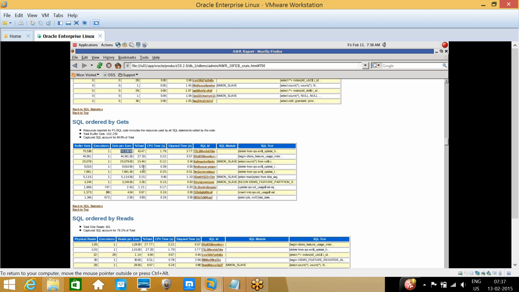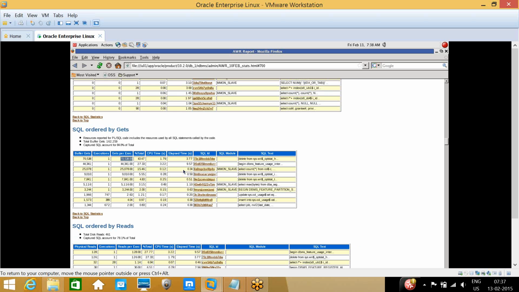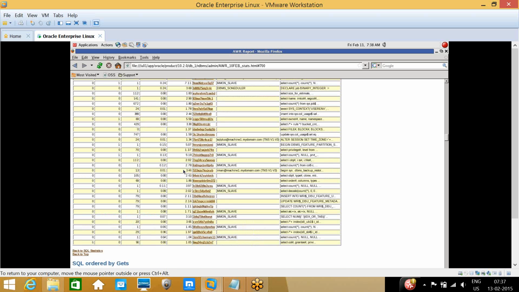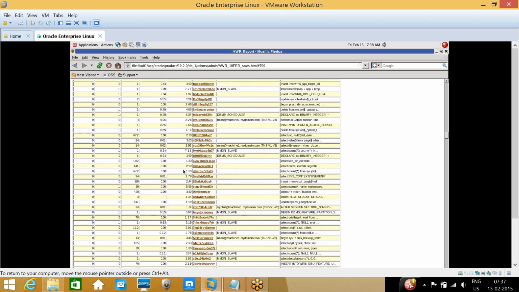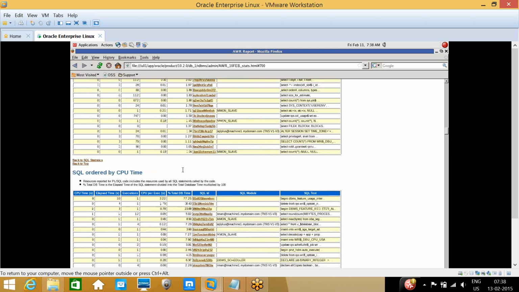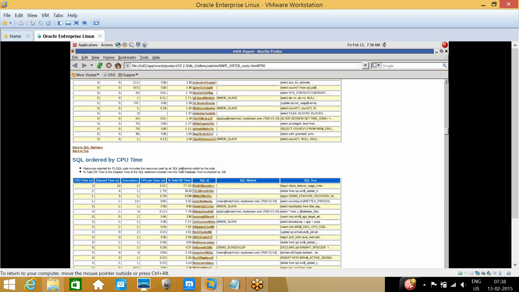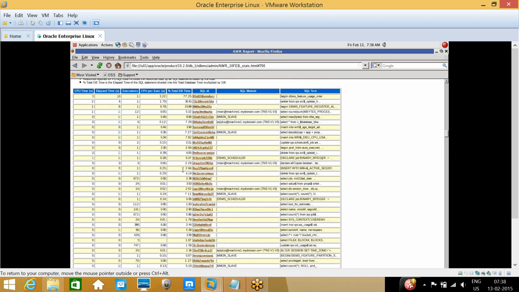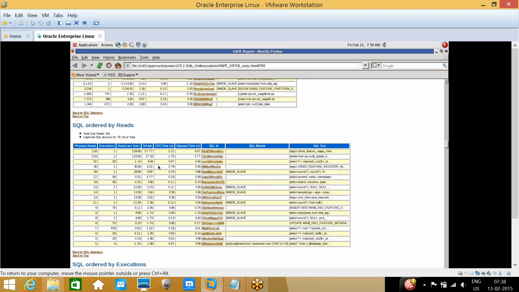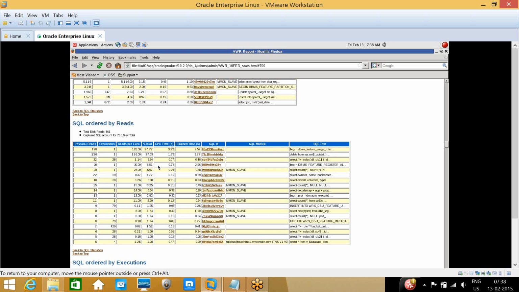In the SQL, if nothing is identified, then you can leave it. But if any SQL is coming in elapsed time, we compulsorily need to check that query. There is something wrong somewhere in the database. If it is in physical reads also, we need to identify the query and do some analysis. If it is going directly to the files and there is nothing in the buffer cache, we need to see why it is not in the buffer cache.